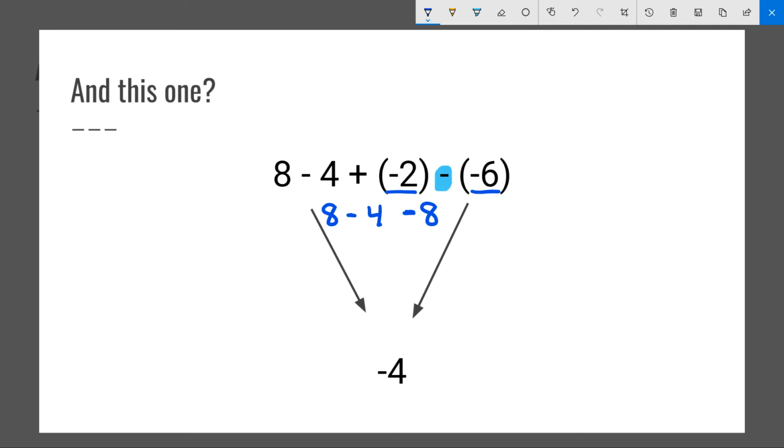You could get -4 if you were like, oh, a +8 and a -8 are 0, so I'm just left with -4. That's one way I figured out how to do the mistakes, because they're not going in order from left to right. If we do go in order,